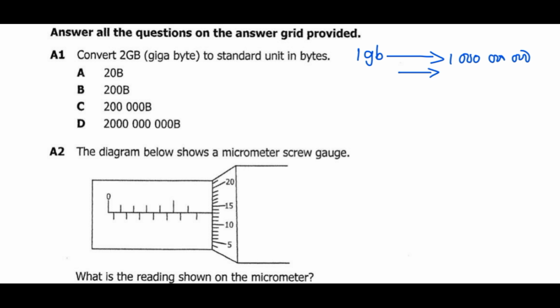So here we have 2 GB. Then times. The concept here is, whenever you are converting from gigabytes to bytes, you just multiply by 1 billion. So we're going to get 2 billion bytes. This is our answer here, so we can see that our answer is D. Now we can move on to